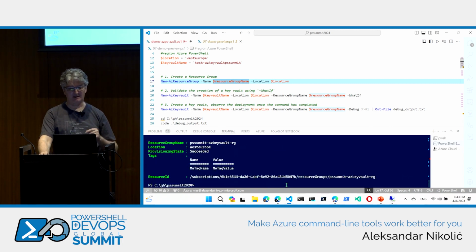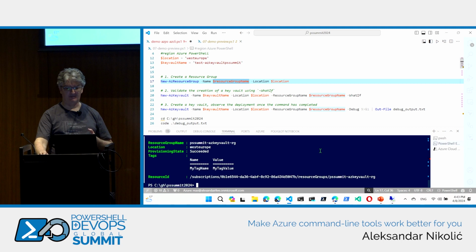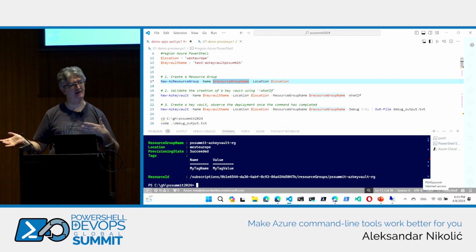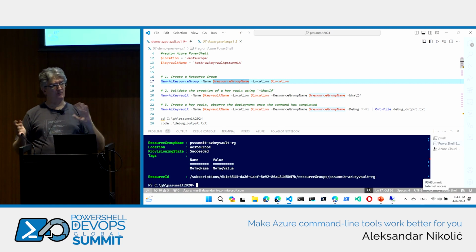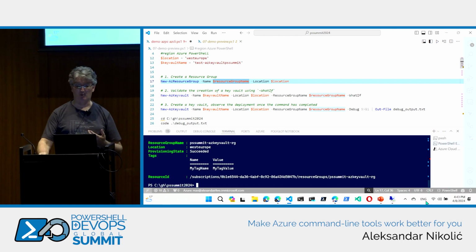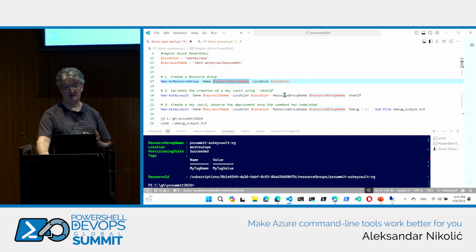So one of the things that happened is they also enabled what-if properly for Azure PowerShell and Azure CLI. If you have been working with templates so far, you know that they have a what-if functionality for deploying things with Bicep or JSON templates. Now we have that properly for Azure PowerShell and Azure CLI, so they will actually tell you what will happen. So if I run this using what-if,